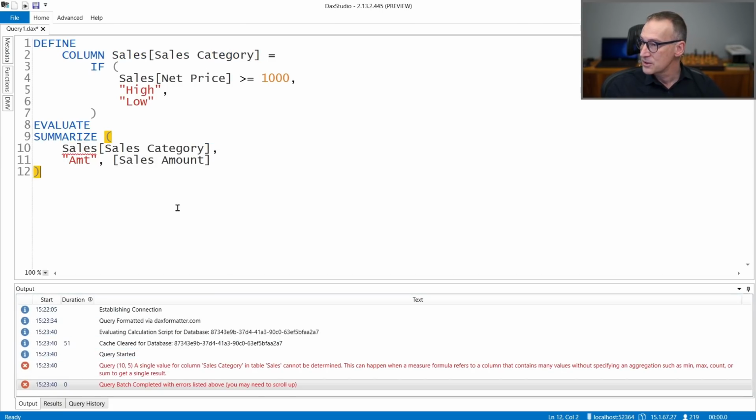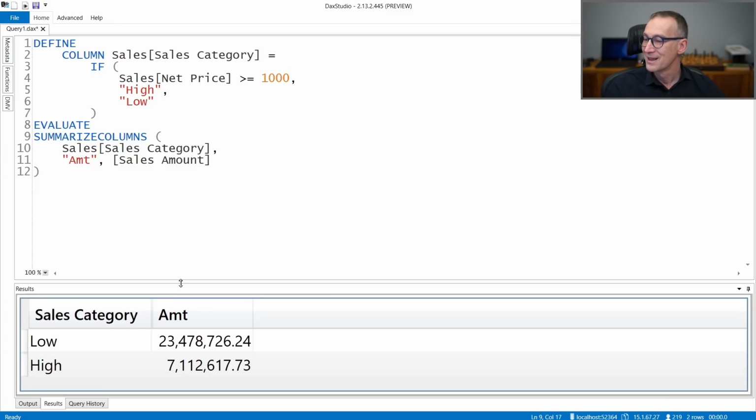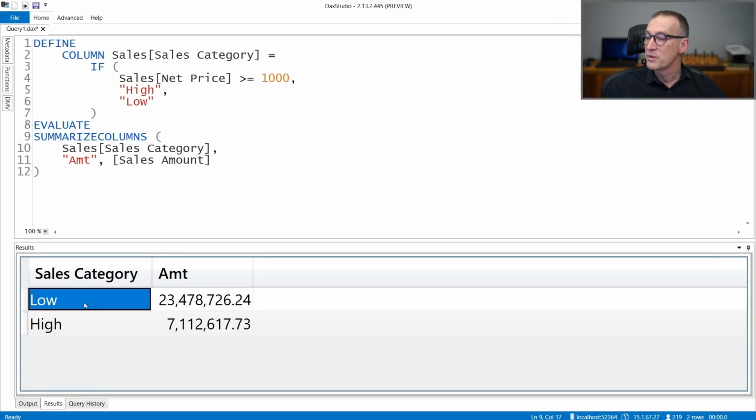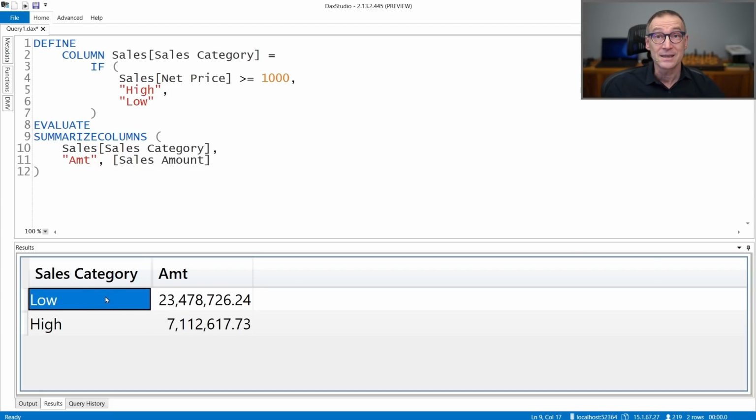If I run this code, it doesn't work. There should be SUMMARIZECOLUMNS. Okay. And you see that I'm grouping by Sales Category, and this is the sales amount of sales of products with a net price greater than 1,000, and this less than 1,000.